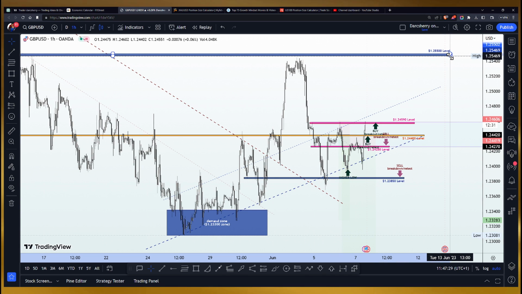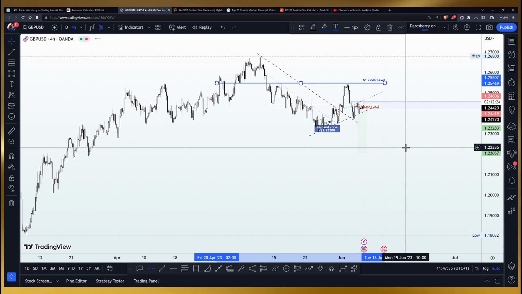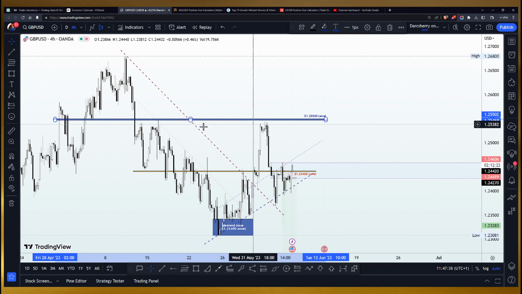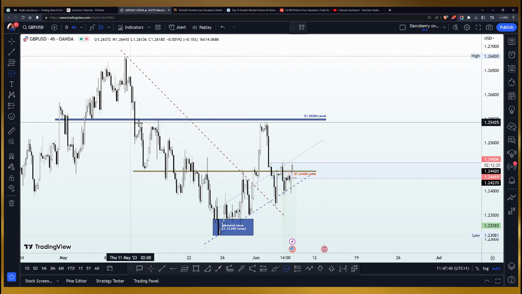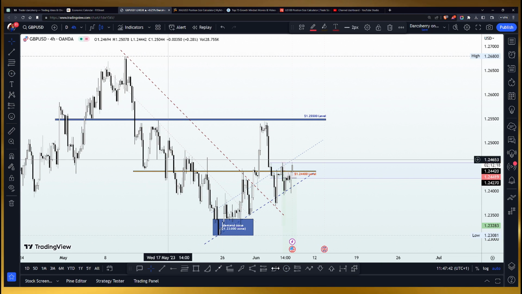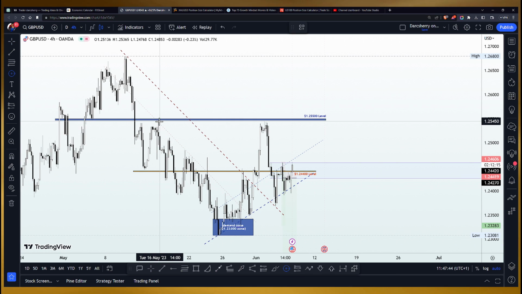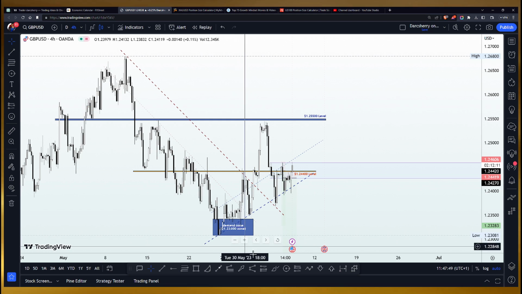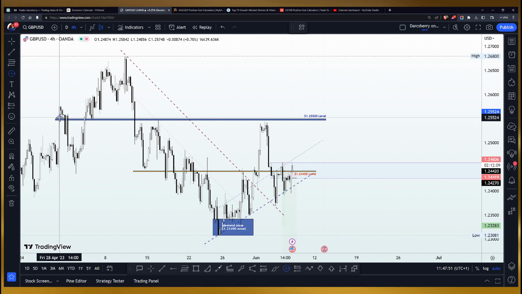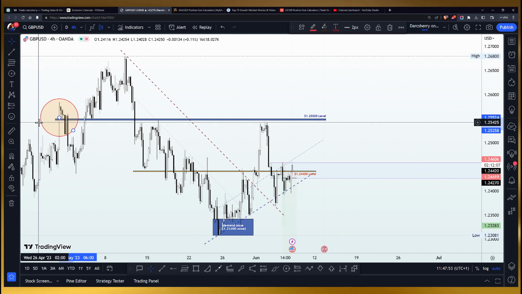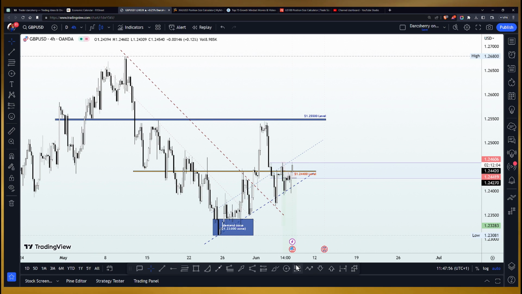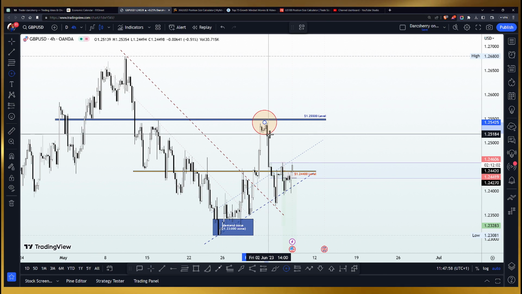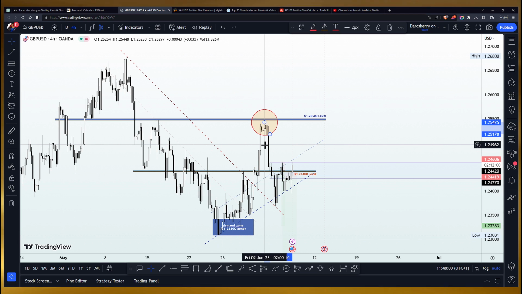So let's see how important this 1.2550 level is. To do that, we want to scale up into the 4 hours time frame so that you can see how important that level is. It has been a strong selling niche in the past. We saw how it was a selling niche during the second week of the month of May. We saw it here. We saw selling niche as well around this area during the last trading day of the month of April. And we also saw what happened here last week, where selling pressure resumed from that area again.